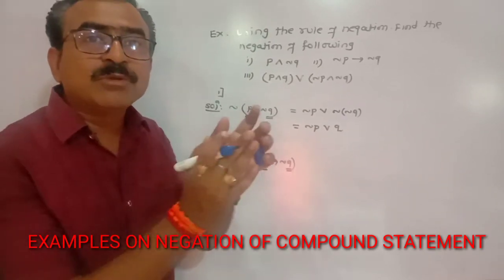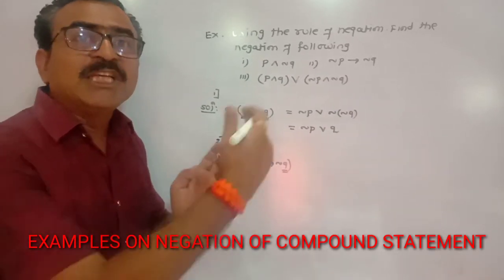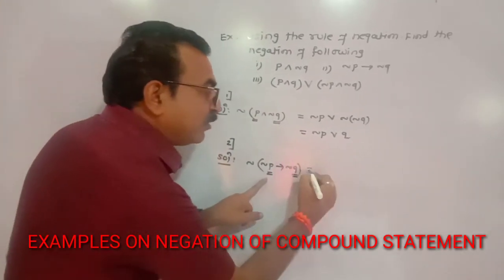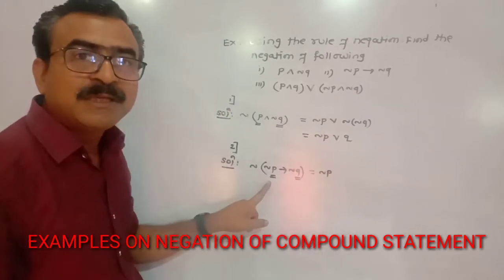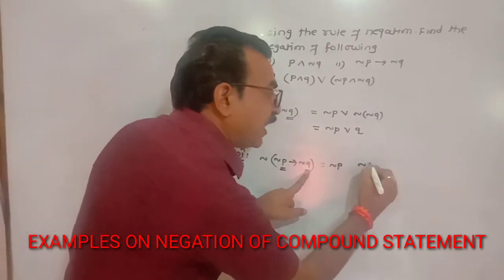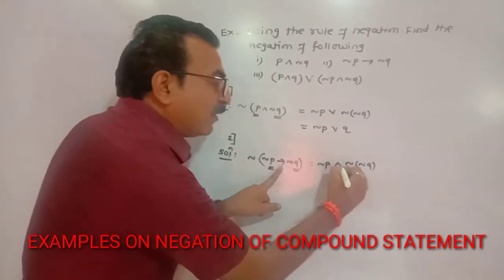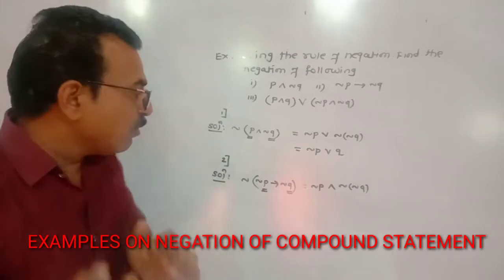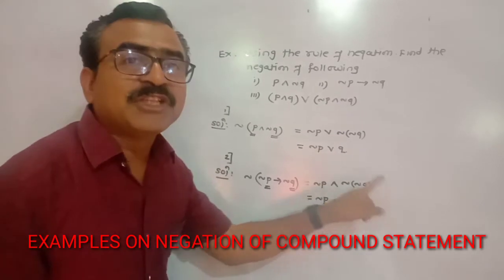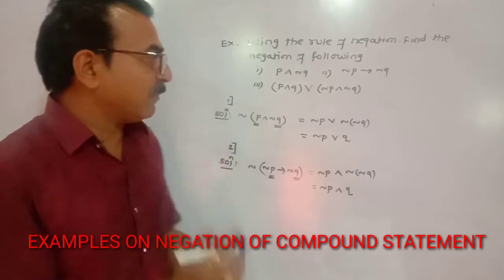According to the rule of negation of implication, we know that while performing the negation of an implication statement, keep the first statement as it is. Here the first statement is negation P, so keep it as it is, negation P. And perform the negation of the second statement. The second statement is negation Q, so write down negation of negation Q, and replace this implication symbol by AND. Understood? Now solve further. Negation P and, as it is, negation of negation Q means Q itself. Understood? Now let us take the third example.